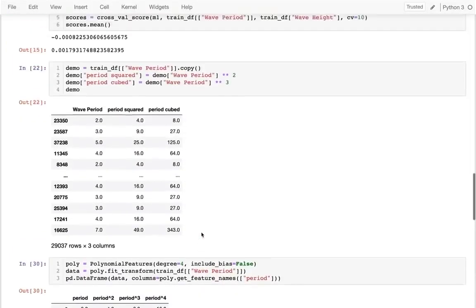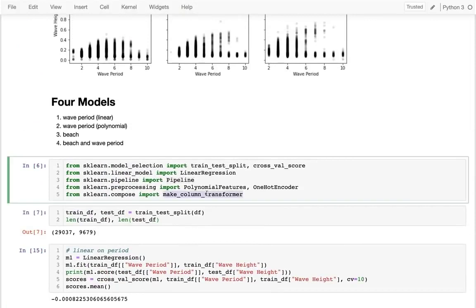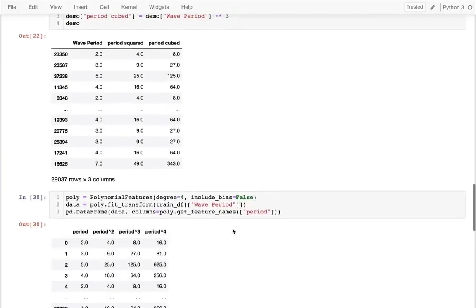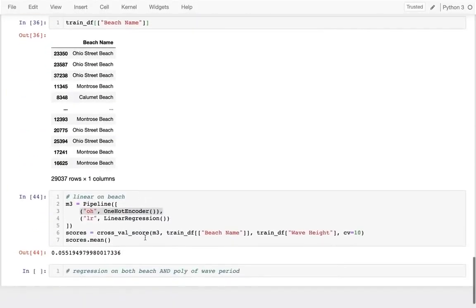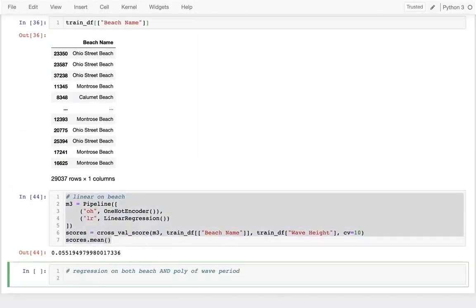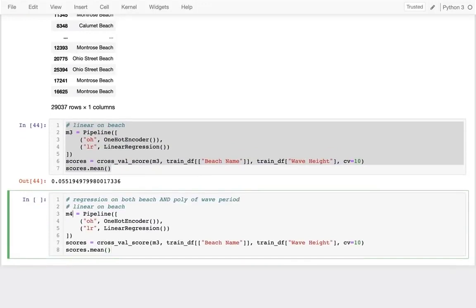And it turns out that that's that last piece that I imported up here. The make column transformer is going to let me stitch together multiple transformers, each of which applies to a different column. So I'm going to come down here, and I'm going to copy this for my inspiration for kind of model 4. All right, so I'm going to have model 4 now. And what am I going to do? So this is what has to change, right? Somehow I have to have something here that can capture both columns, right? Because what I'm going to do down here is I'm going to pass in both beach name and wave period